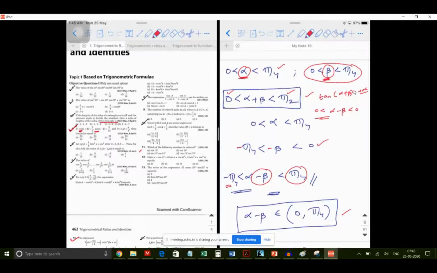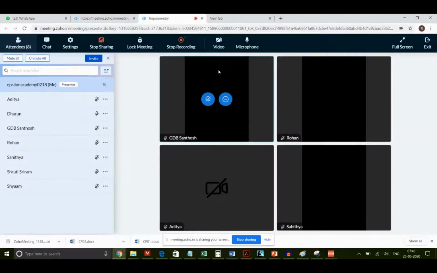This part is clear. Okay, so I hope things are clear. See, I'll tell you why I explained this concept. I'll give you one problem at the end of the session. I want you people to solve it. It is a combination of trigonometry and differentiation, which was asked in 2020. I want you to solve it because there is a confusing answer for that. So at that time you will understand why I'm concentrating on this. If this is clear, I can proceed to the next problem.